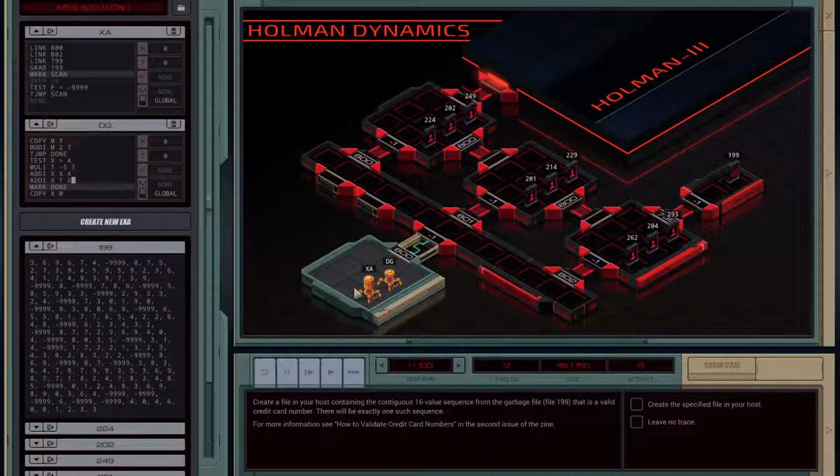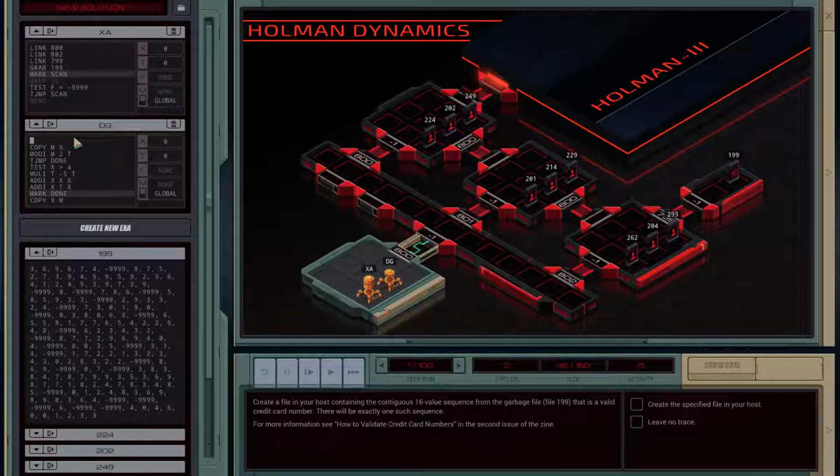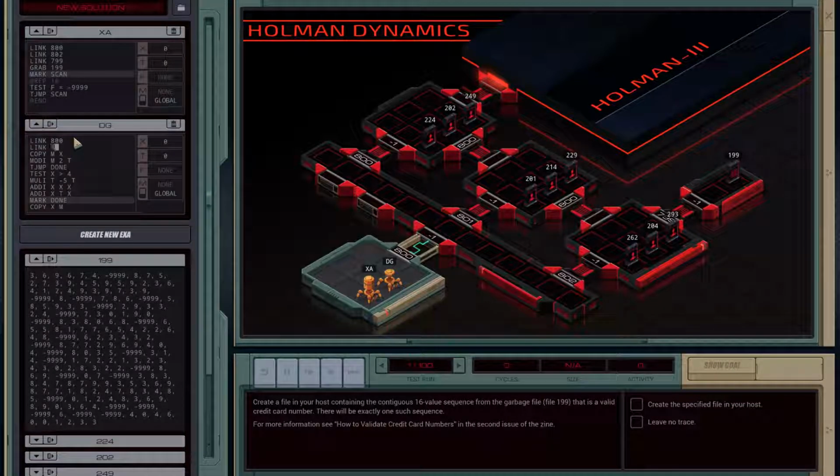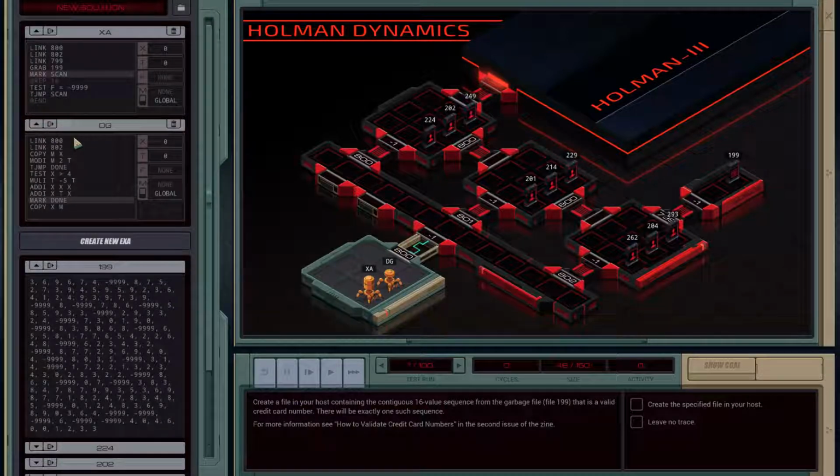We'll get a bad activity number if we have him be here and move him into this room, as opposed to having one EXA move here and then replicate. But it's going to be simpler to deal with because we have smaller code boxes. The giant code boxes are really a problem with the multiple EXA approaches. So we'll link this guy to 800, link him to 802, and stay here. And then I'm just going to jump